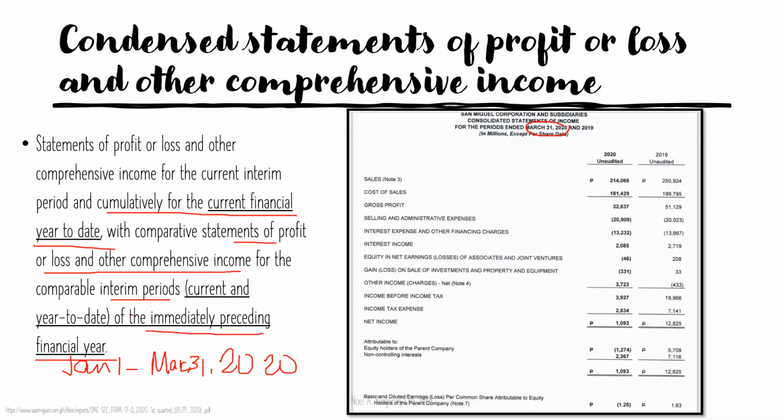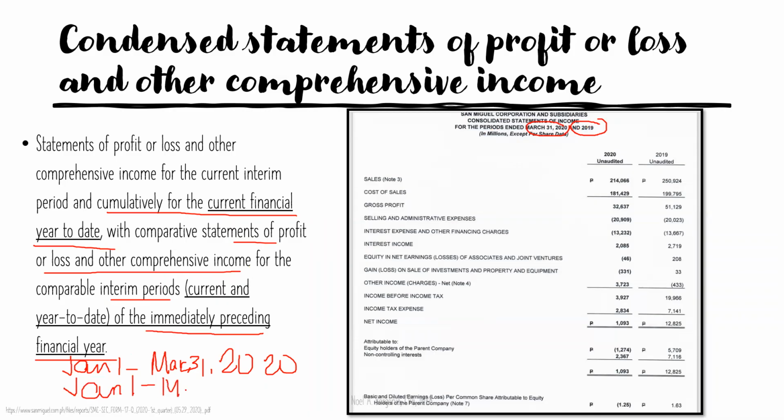Dito po sa statement of profit or loss, you will compare it with the same period last year, no? Not necessarily December 31. So, as you can see, the comparison here is March 31, 2020 and the March 31,